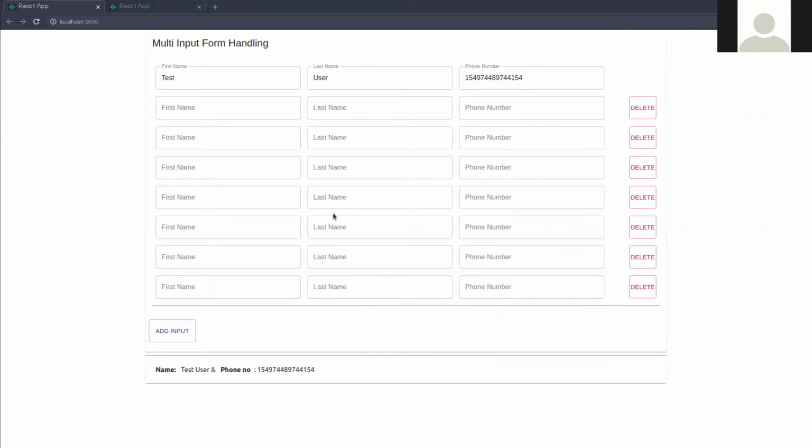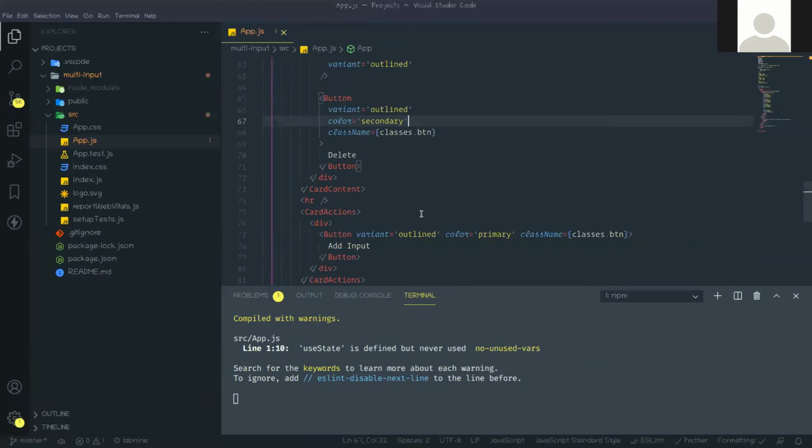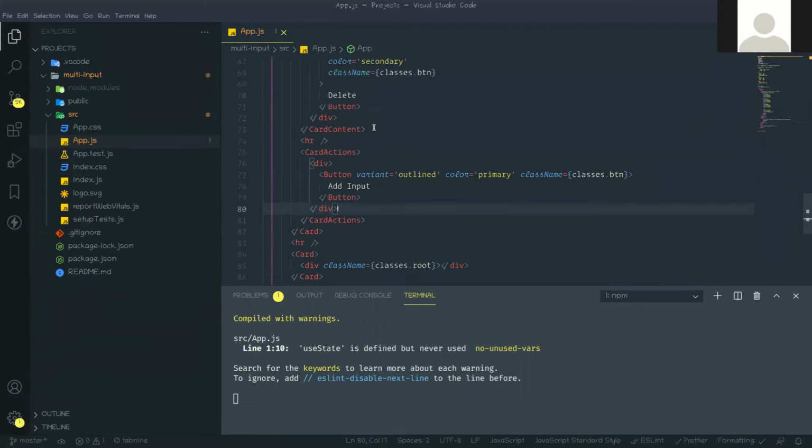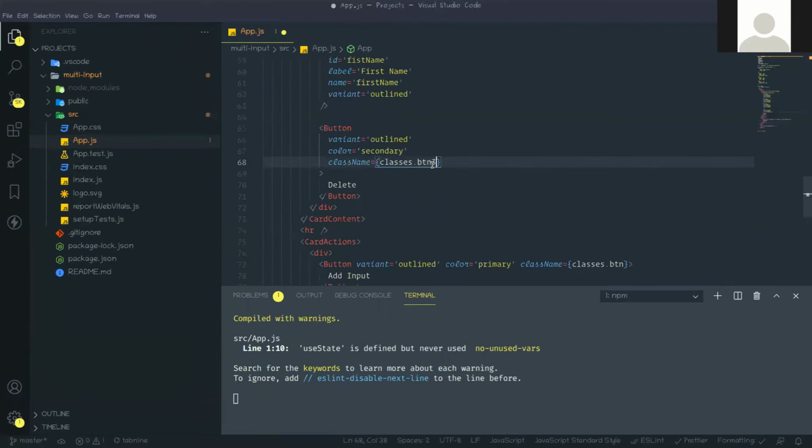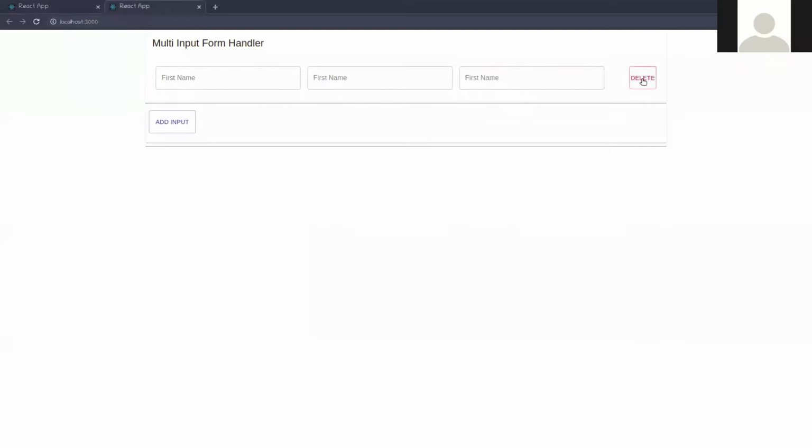For delete, actually that button name should be button 3. Now I think yes, now it will look nice. So this is done.